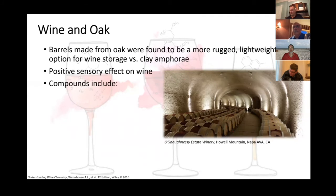So oak has some very interesting chemistry going on. When these barrels are constructed, and you can see in the photo here, when the staves or the sides are constructed but before the top and bottom go on, they're subjected to heat, either a fire or, in modern times, sometimes a high intensity infrared source. Anyway, the barrels are heated and actually toasted, so you get some color on the inside of the wood. It isn't really burned, certainly not charred like you might find in a whiskey barrel, but the oak is toasted. And what that does is break down a compound in oak called lignin